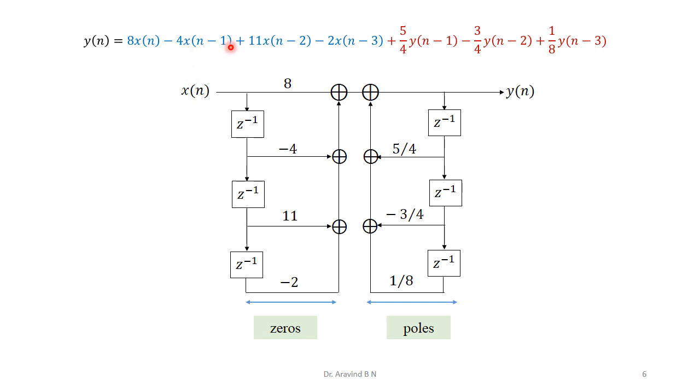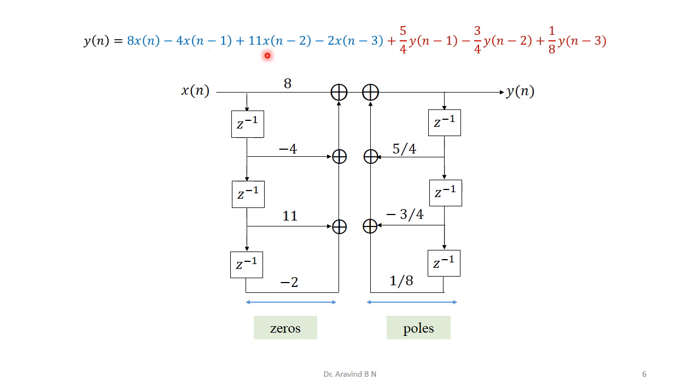Continuation, x of n minus 1. Up to here it is x of n. I need to identify x of n minus 1. Add a delay element for that. We are going to get x of n minus 1 at this point. Then it must be multiplied with minus 4 so that we can obtain minus 4 x of n minus 1. Then add with this 8x of n. Therefore, minus 4 is being written over here. It is added with its predecessor value, that is 8x of n. Now we have completed the realization of these two values.